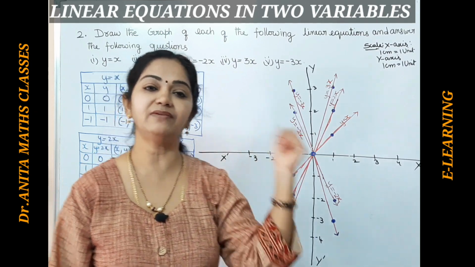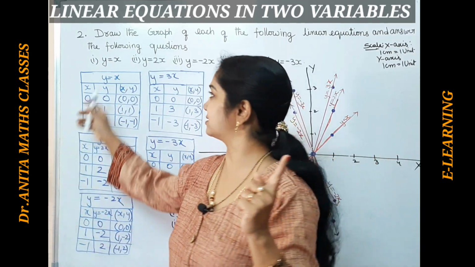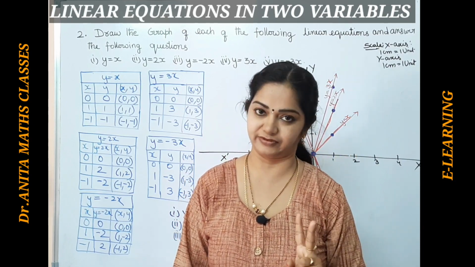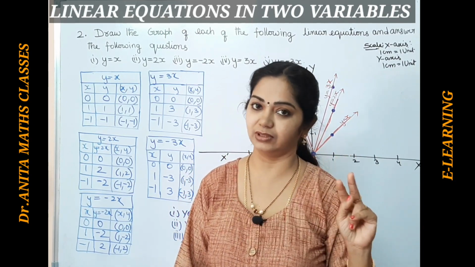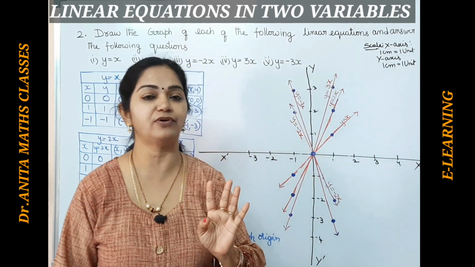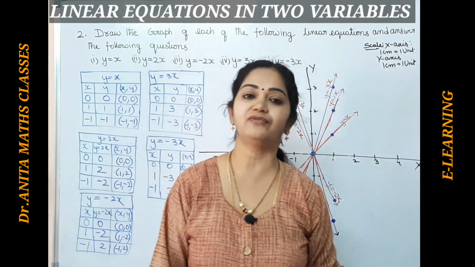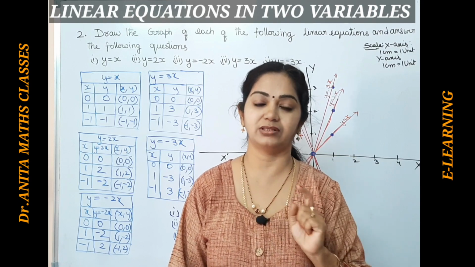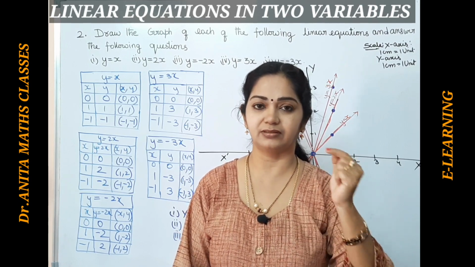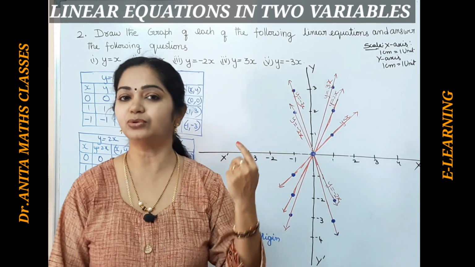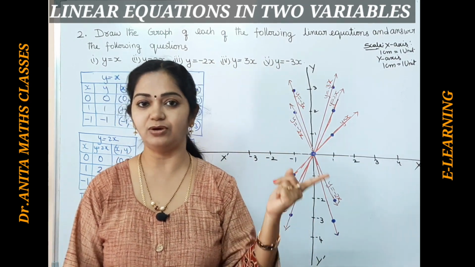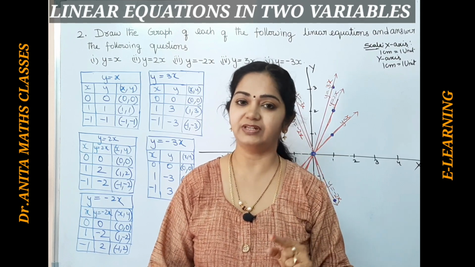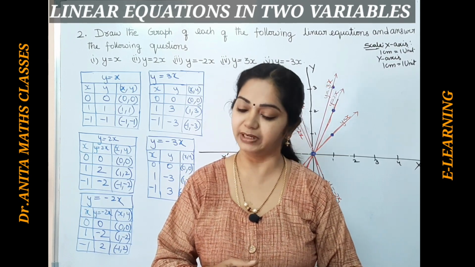Now in the previous one, this is the second bit. In the first bit we have done two graphs. They are not passing through the origin because they are not in the form of y is equal to mx. They are in the form of y is equal to mx plus c, where c is the constant. I have done two graphs for you in my previous video. Do the other two graphs, practice for yourself. We will see in our next session the third bit graph problem.